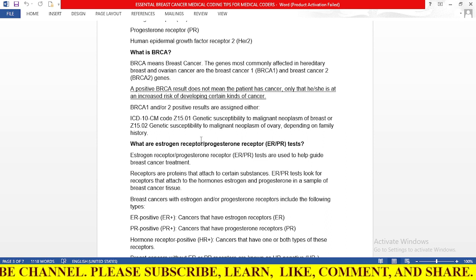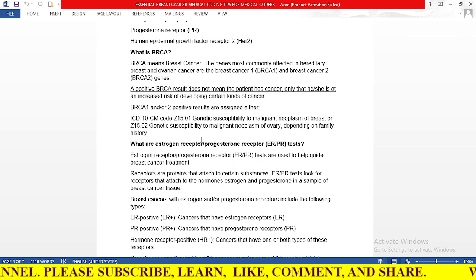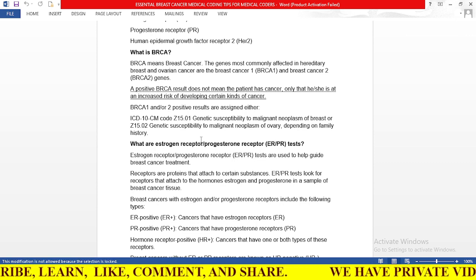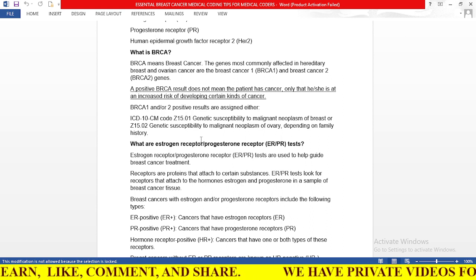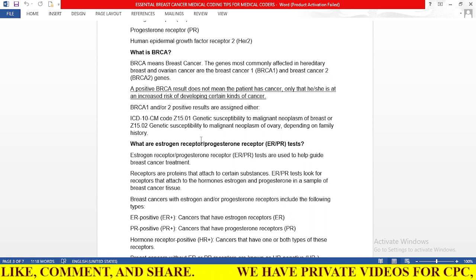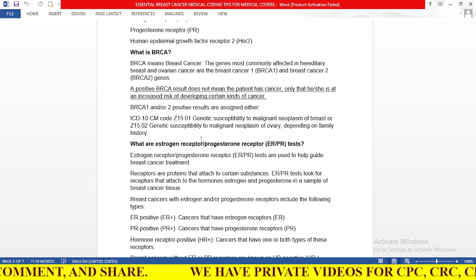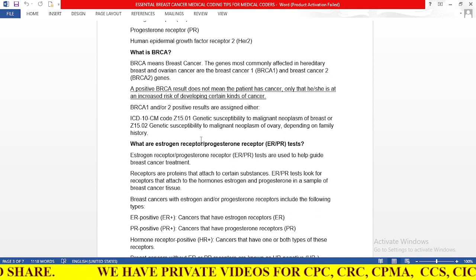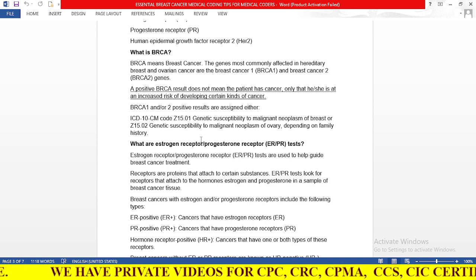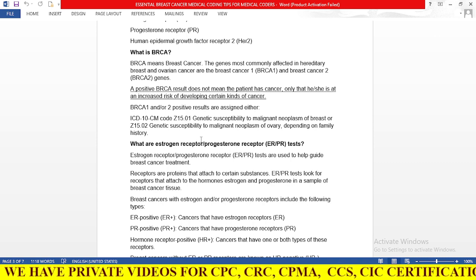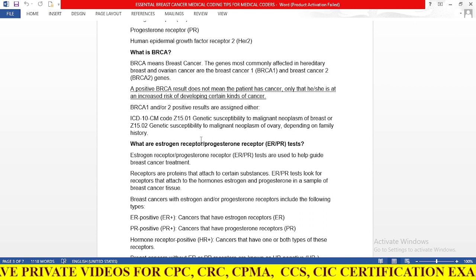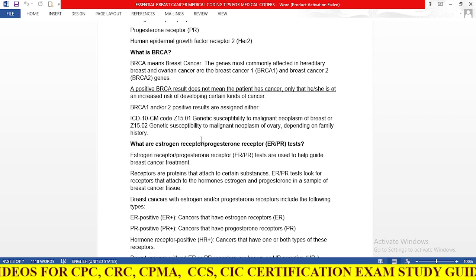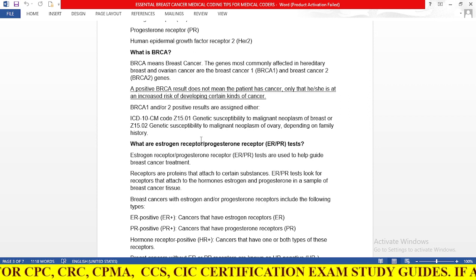So with only BRCA, we can't confirm that the patient has cancer, but the patient has an increased risk for cancer. So BRCA1 and BRCA2 positive results are assigned either of two codes: Z15.01 for genetic susceptibility to malignant neoplasm of breast and Z15.02 for genetic susceptibility to malignant neoplasm of ovary, depending